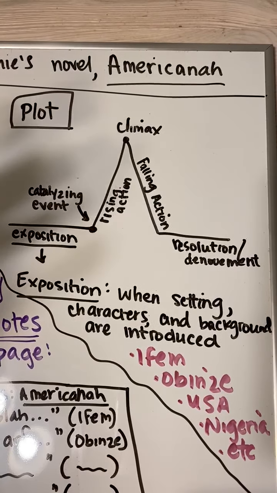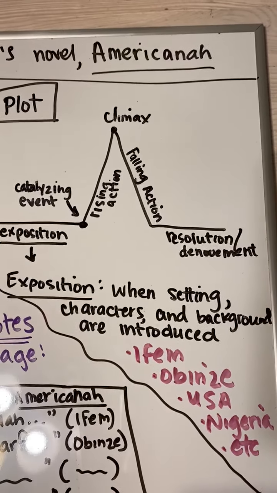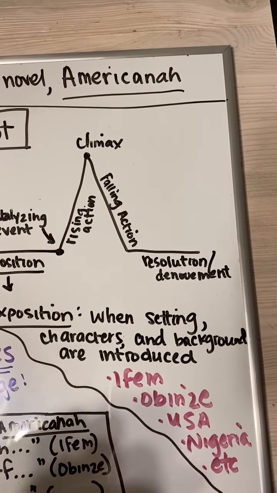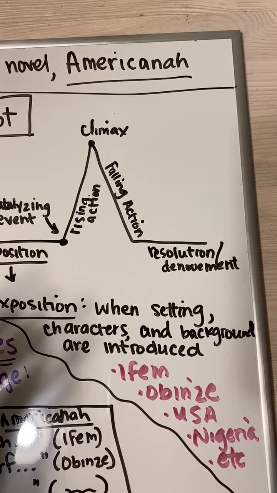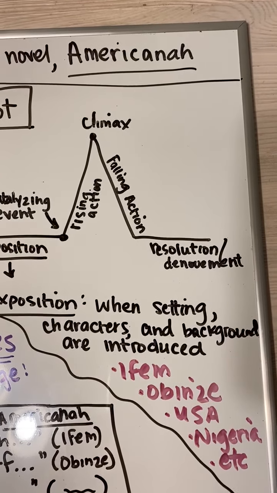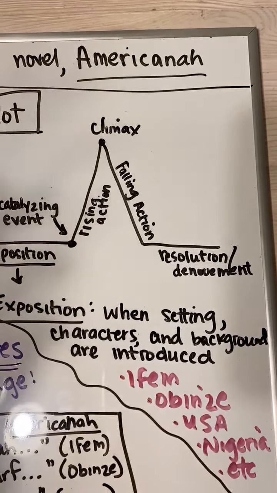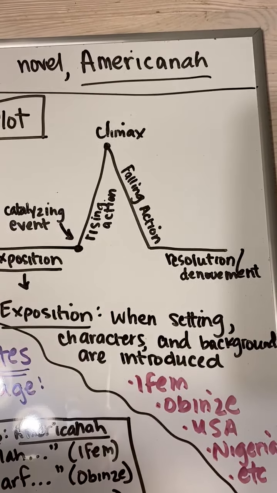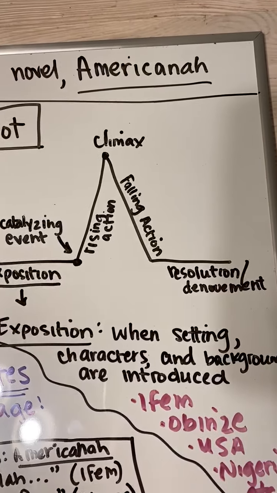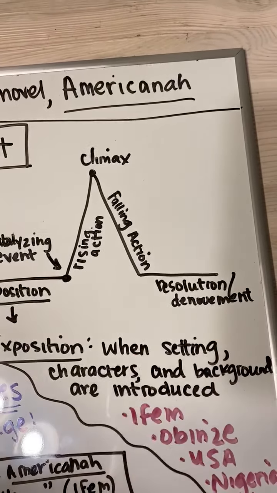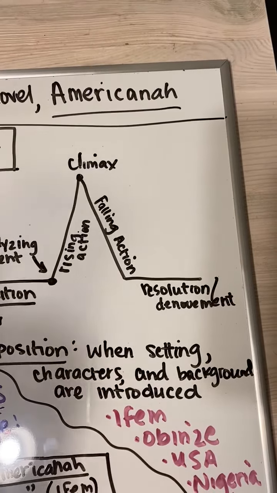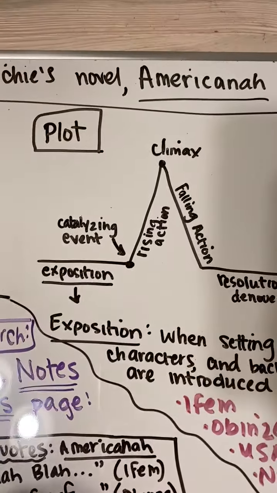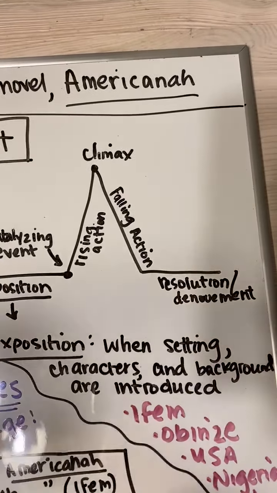the main sort of event in the novel, the point of no return, which is the climax. The climax is the no going back point, to think about it in those terms. And that's not always necessarily a bad thing, but it's the main event of the novel in that either everything changes, some major event happens, an epiphany, right, a loss, a gain, what have you, but after the climax, there's no going back to the time before the climax in the novel, in the short story, etc.